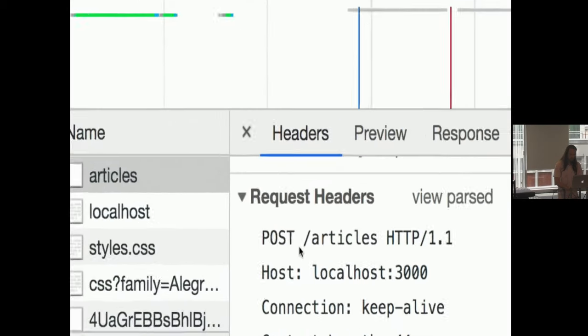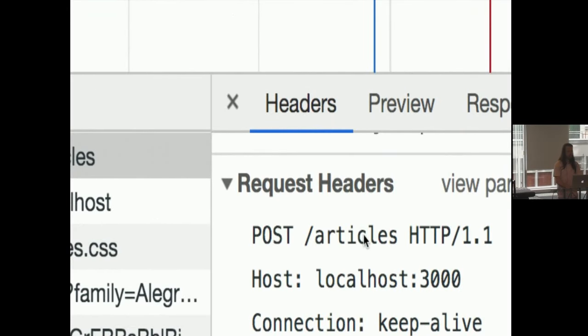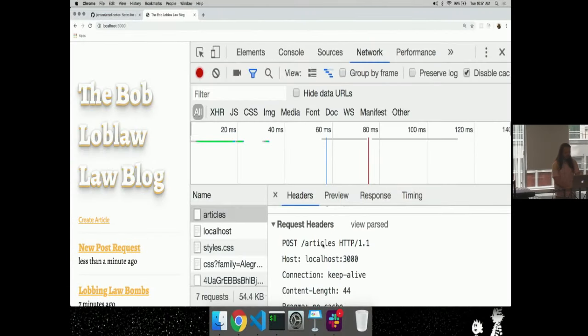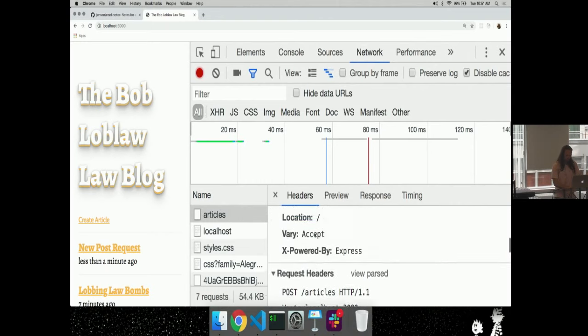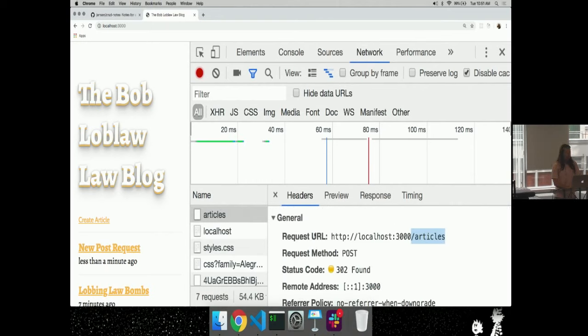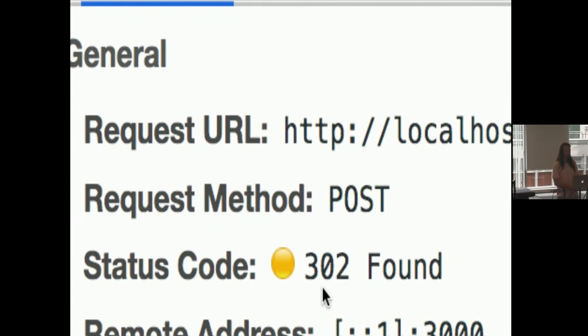And we see this is exactly what gets sent to the server. And there's a route that handles that, which has the behavior that we're going to write that knows how to actually store the data in the database and then make it available. The last thing that happens is this post request did something very interesting. It sent us back this status code 302. What does that status code 302 mean?